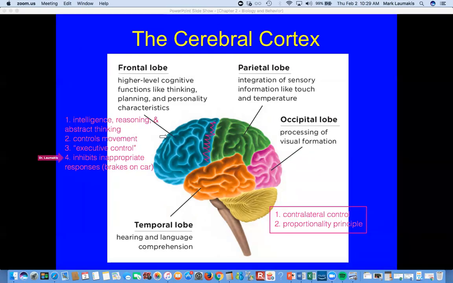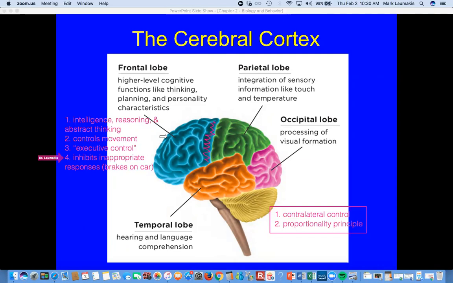The fourth part of this list of functions of the frontal lobe is in terms of inhibiting inappropriate responses. Hannah said, is that limiting impulses? Yeah, that's the idea, right? Keeping you from yelling fire in a movie theater, assuming that there is no fire. Keeping you from saying the word bomb anywhere near an airport, okay? Keeping you from blurting out in class, this is the most boring lecture ever, or blurting out in church, this is the most boring homily ever, right? Saying to your friend, your haircut is hideous, okay? Even if it is, we try to keep ourselves from doing those things.